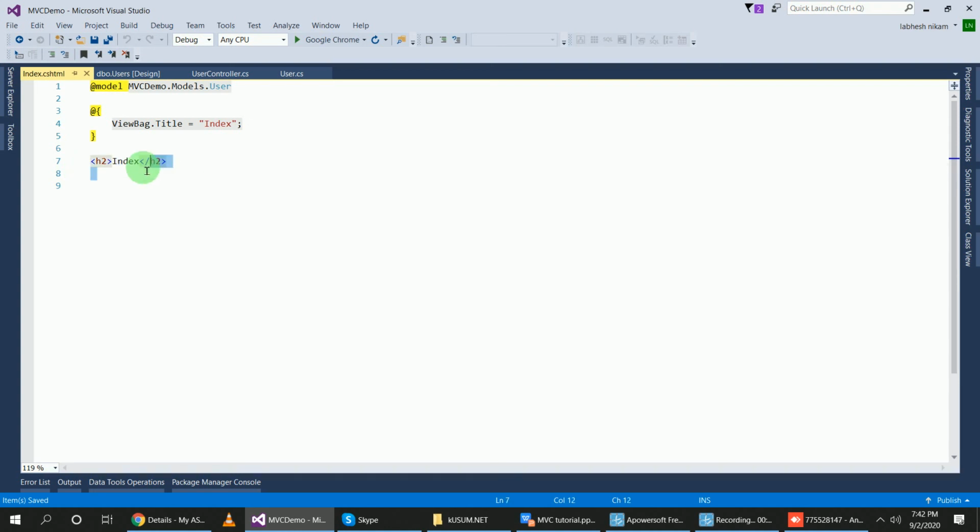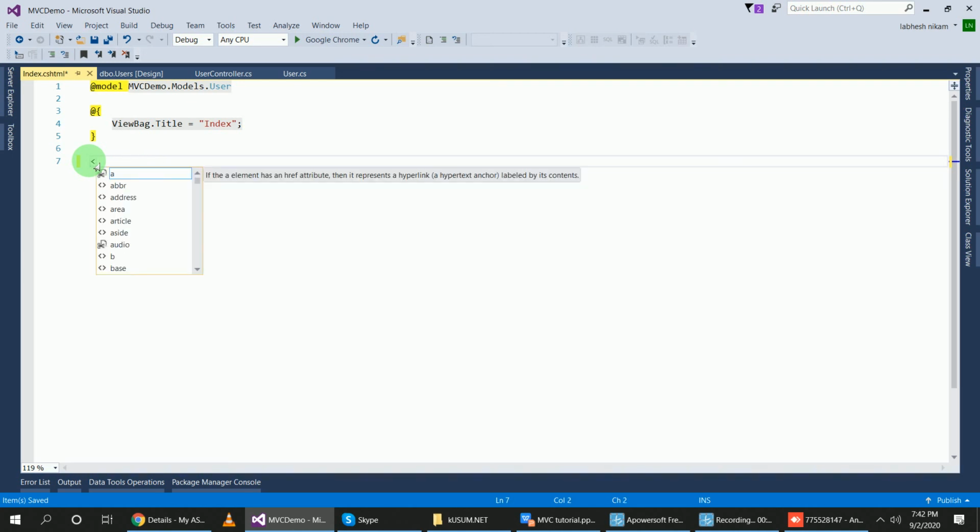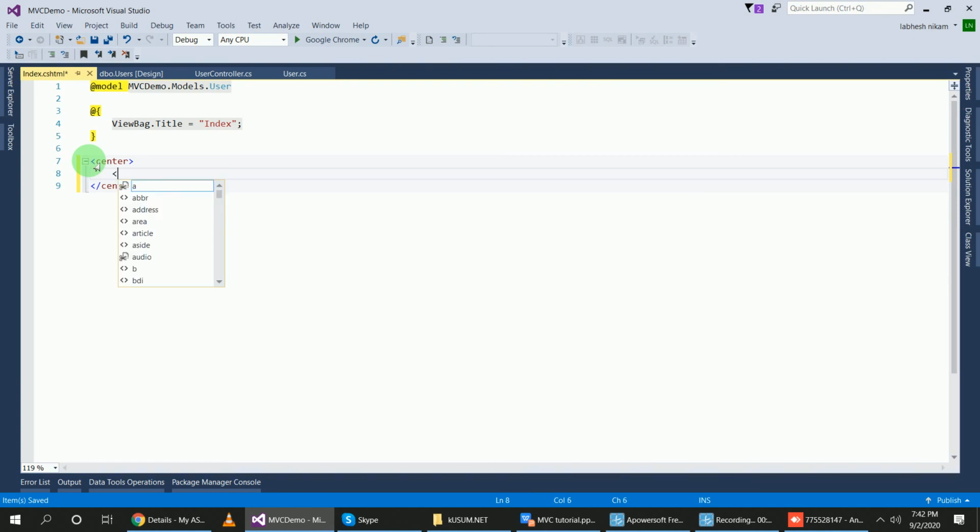So I will create a table, and its interface design I have already created, so I am pasting it here. Let me create. There is nothing. Center tag, inside of center tag h1.